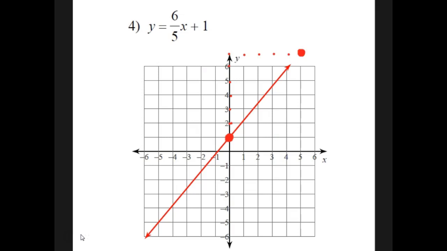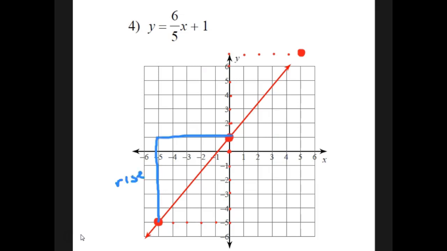If it's off the graph, like the case of this problem, then you have to do your rise and run backwards. So instead of up 6 and right 5, that is the same as saying down 6 and left 5. So you go opposite for both. So again, if one point's off the graph, you can go in the opposite direction. You can always check between your 2 points by going up the rise